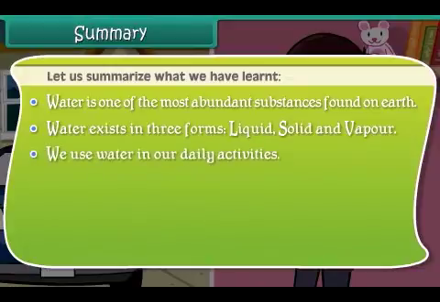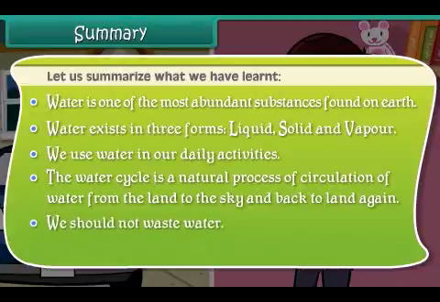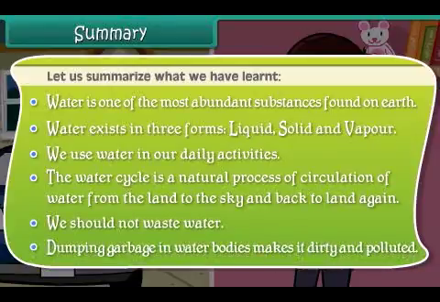We use water in our daily activities. The water cycle is a natural process of circulation of water from the land to the sky and back to land again. We should not waste water. Dumping garbage in water bodies